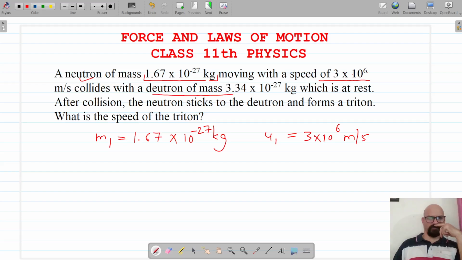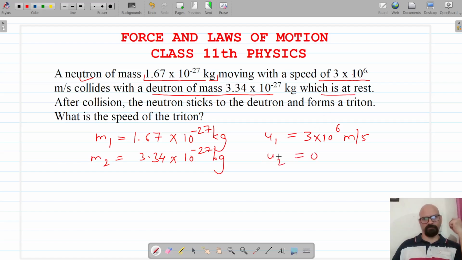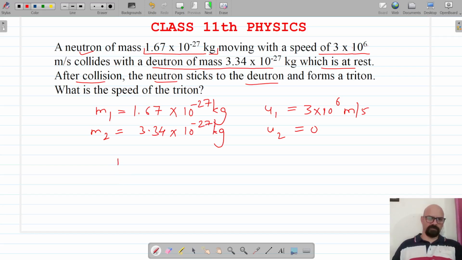Now it collides with a deuteron of mass, let's say m2, which is 3.34 × 10^-27 kg, which is at rest. That is, u2 is equal to 0. Now after collision, the neutron sticks to the deuteron, so their combined mass, let's say, will be m, which is equal to m1 plus m2,